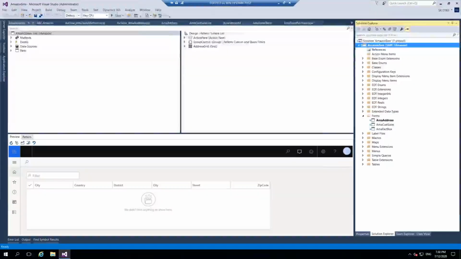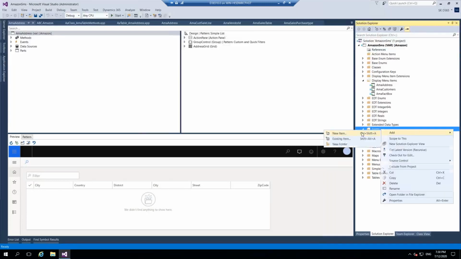Okay, we have seen how to work with the design patterns, so we will see a few more patterns today. We have created display menu items, and we have seen how to work with the fact boxes and everything. And then let me create a new form, new item,